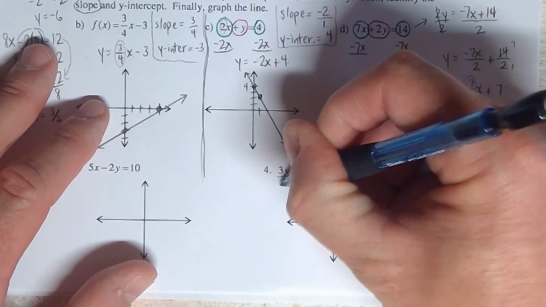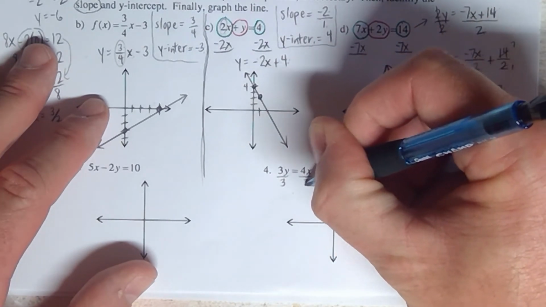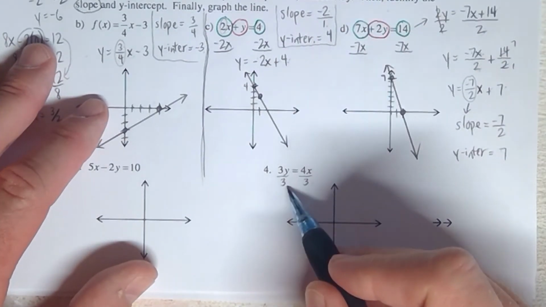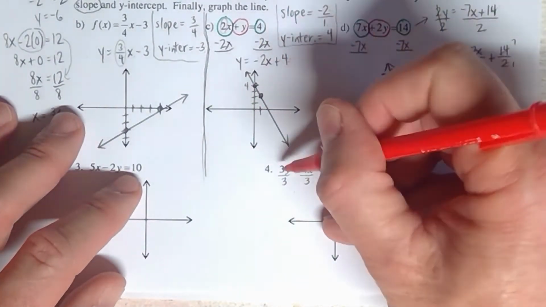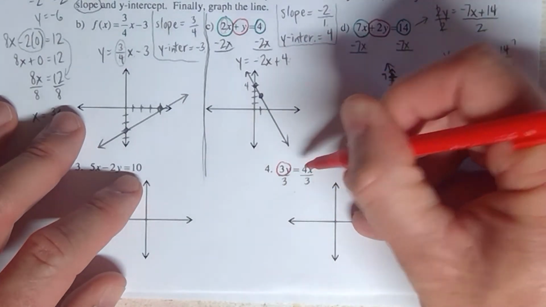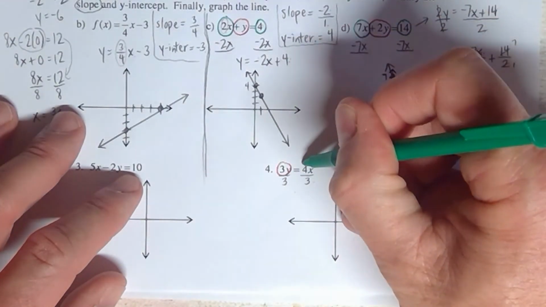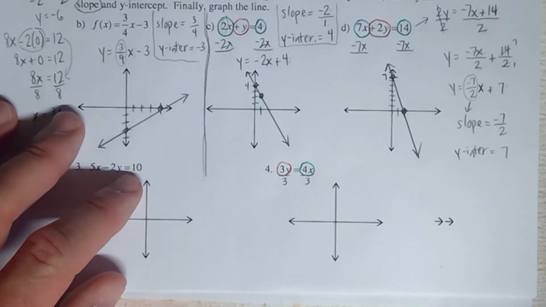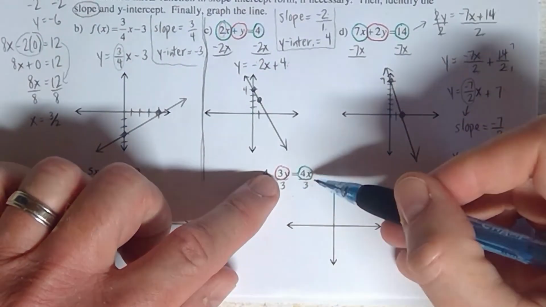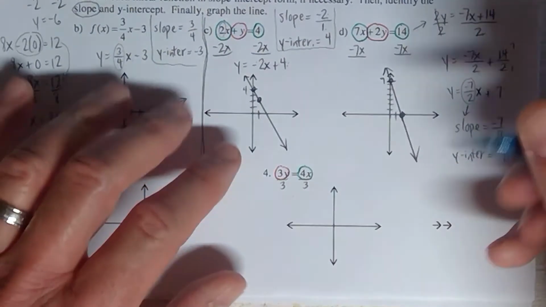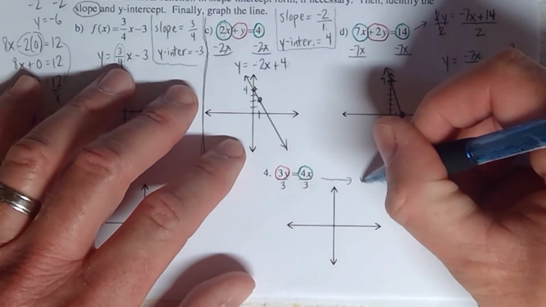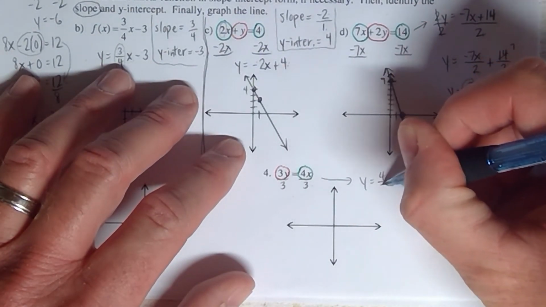Why not? So we need to get the y by itself, right? So I need to divide out because we have just a single red term, and we got the single green term here, right? And so that's why it's a division step, because the reds and greens are on opposite sides. You divide at that step, and we get what? We get y equal to 4/3 x,